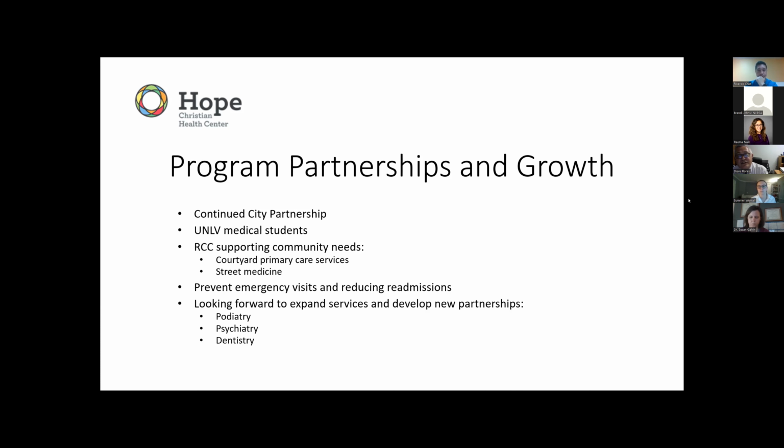And now the RCC, the Courtyard Clinic, the street medicine team are all now working together, and it's exploding in terms of identifying, working with partnerships. We work with the fire department, we work with the paramedics, we work with the MORE group, and of course directly with the city of Las Vegas, the team, CPLC assigned to the Courtyard, all incredible organizations with one goal. And that's to keep our patients healthy out of the hospital and overcoming some of the illnesses that they face each day.